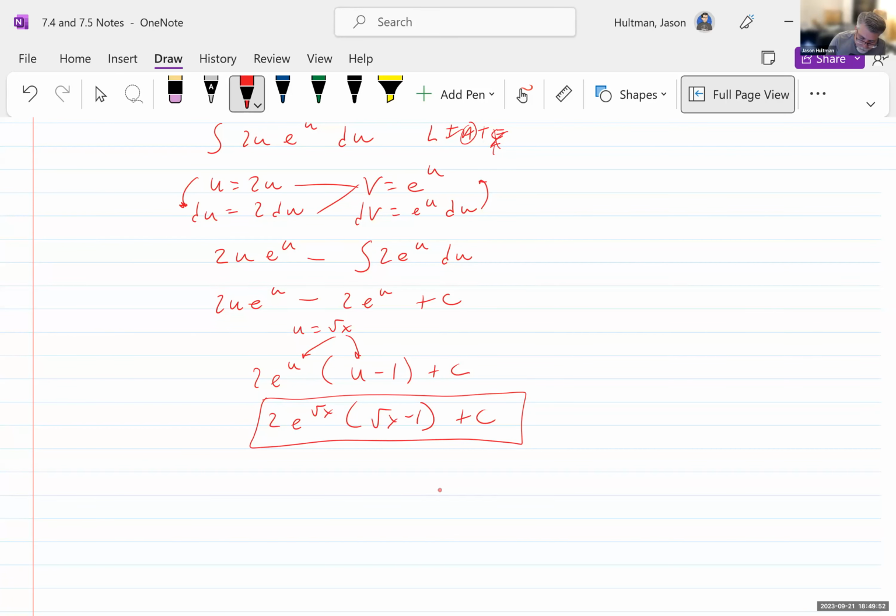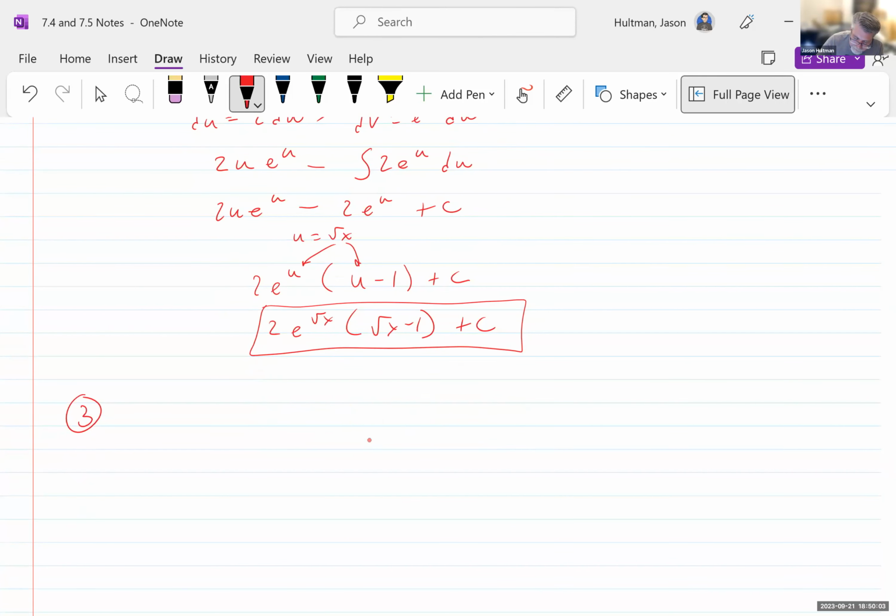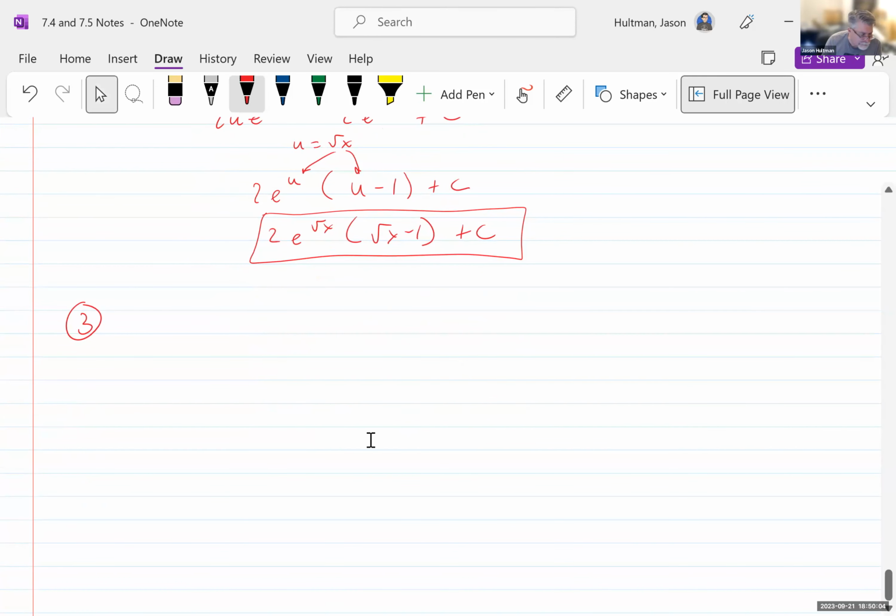Okay, number 3. Number 3 is the integral of 1 over x times the square root of natural log of x dx. So this one lends itself nicely to a u sub,